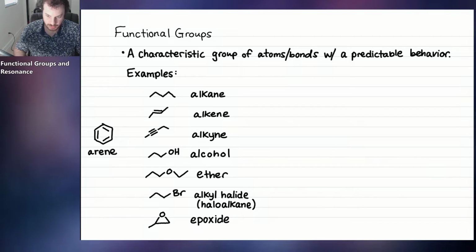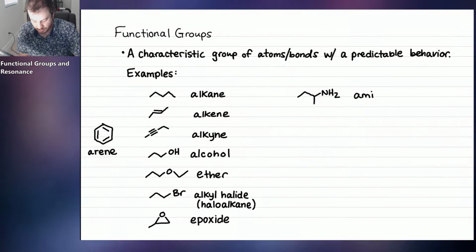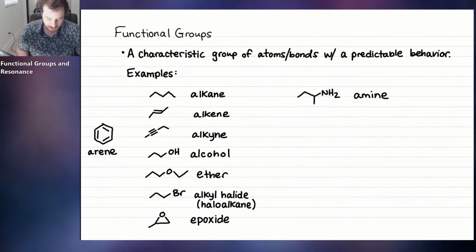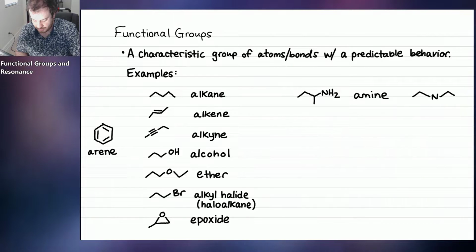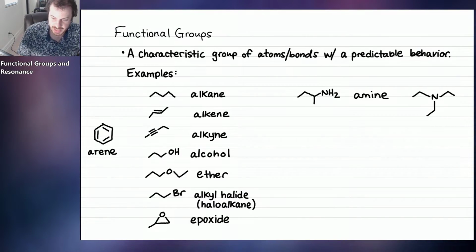Okay, let's do a couple more. What about if you have carbon attached to nitrogen, and the nitrogen can be attached to any number of hydrogens, and it still would be considered an amine. So basically what I mean is look for a nitrogen that's either attached to carbon or hydrogen. So for example, we could have something like this, where we have a nitrogen that's connected to 3 carbon atoms. That is still considered an amine, even though it doesn't have any hydrogens attached. But this is also an amine. It's got nitrogen connected to carbon and hydrogen, so they're both called amines.